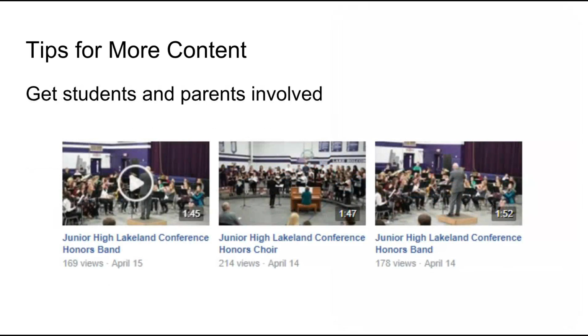Another tip for content is just get students and parents involved. We've got a grandmother who used to be our librarian when I was in school. Now she has grandkids at the school, and she is the number one chaperone for all these trips. She'll send in videos and really good pictures, and normally we don't get stuff from parents or grandparents, but because she's on all of those and she knows that I'm in charge, she sends those in. And so that's really a powerful way to get more content.